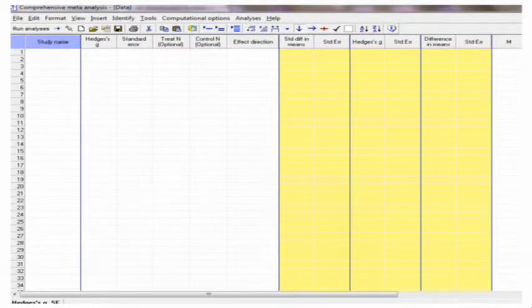So you're going to put in the study names, the effect sizes in that Hedges G column, put in the standard error, and then you can leave everything else blank except for saying if the effect was negative or positive. And I'll just mention this one more time. If you did have